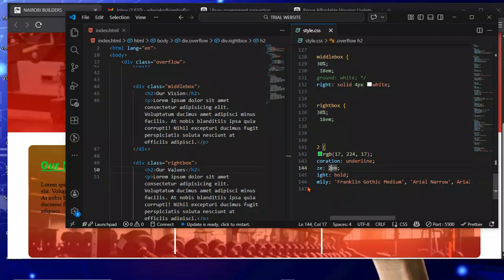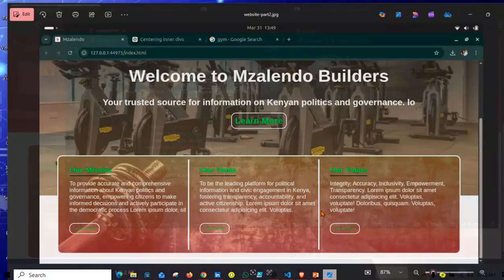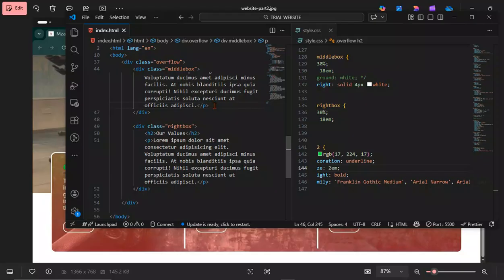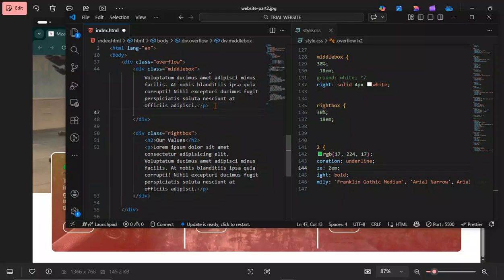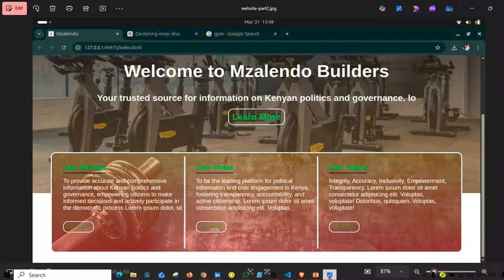Now let us also have button under here. You can see we have button in each and every one, 1, 2 and 3. So how do we include the button? Come under each, after paragraph, have some button, read more. Okay, we can name it read more or learn more. Yeah, the other one is called what? Let us confirm. Learn